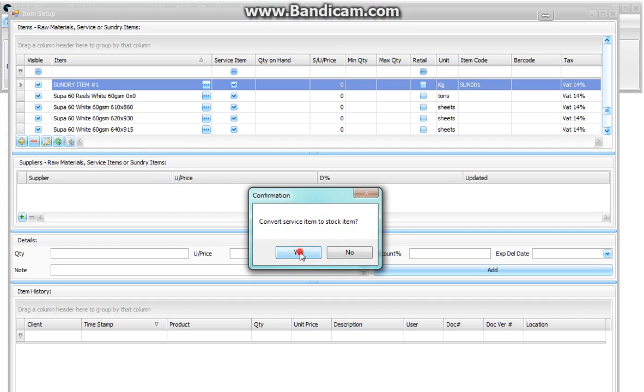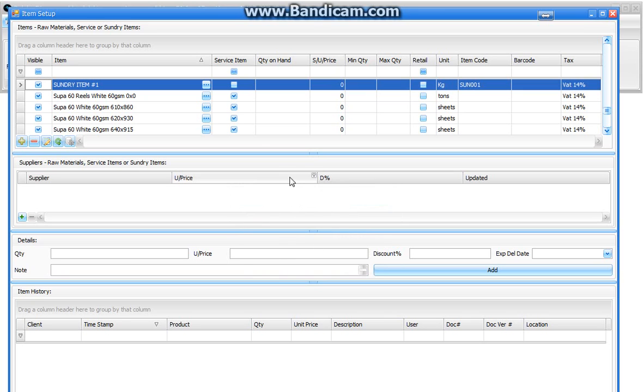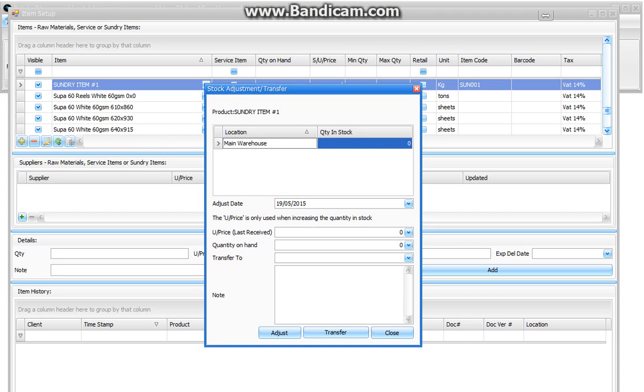to which we must confirm that this item is going to be converted to a stock item, and a double warning is issued that this process cannot be reversed. Are we sure we want to proceed? Yes. And this item is now converted to a stock item, to which we can either proceed to place an order or adjust our stock level on hand, once again, to the quantity that we do have on hand in our storeroom, with a note